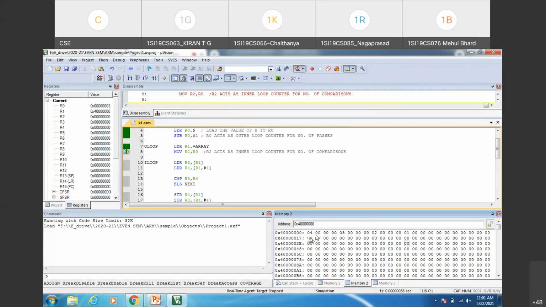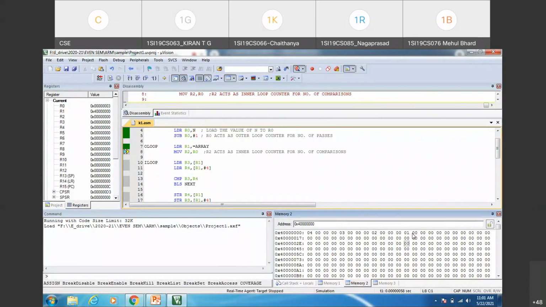How have we edited? Only this location. So the data is to be interpreted as 00000004. The least significant byte is 04 for that, so these are all zeros. Then leave 3 byte locations, then give 3, then leave 3 byte locations, then give 2, leave 3 byte locations, then give 1.